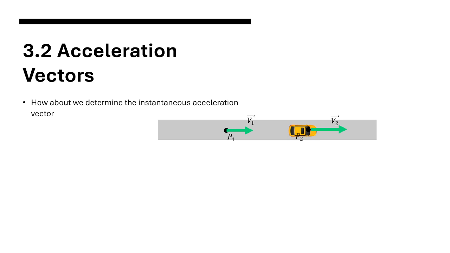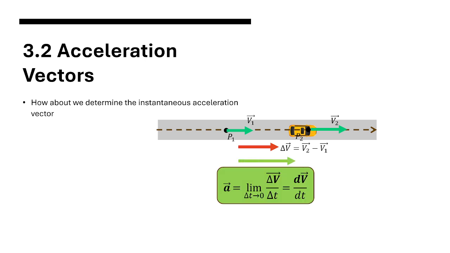The change in velocity is very obvious here. This is our graph, and the change in velocity follows the direction of our velocities because there is only one direction here. Velocity 1 and velocity 2 have the same direction. That means the change in velocity will also have the same direction as those two, meaning that our instantaneous acceleration will also follow the direction of our velocities.